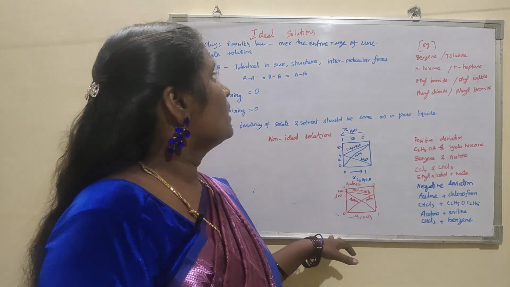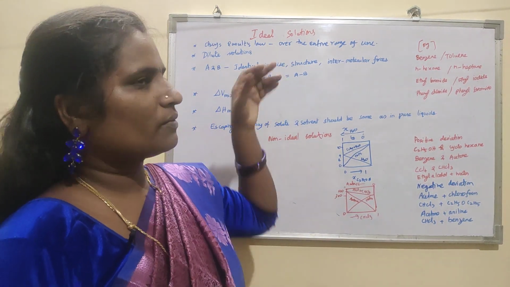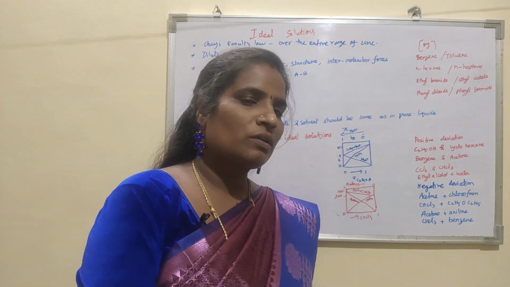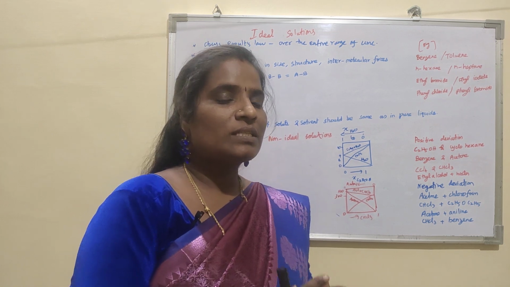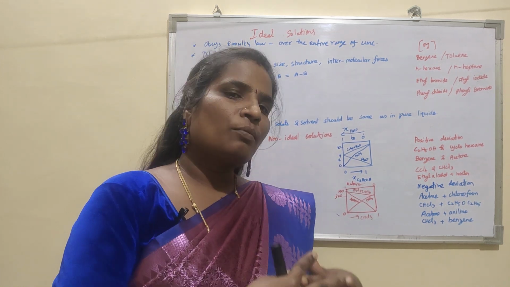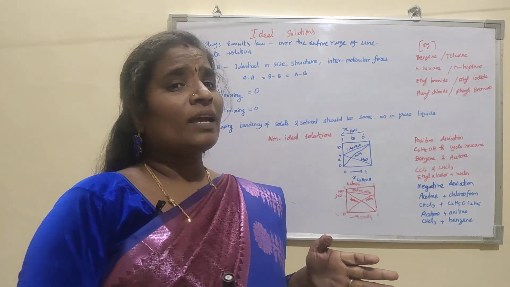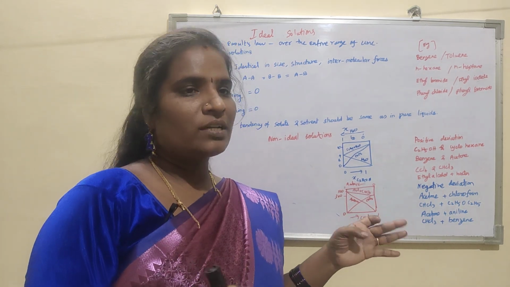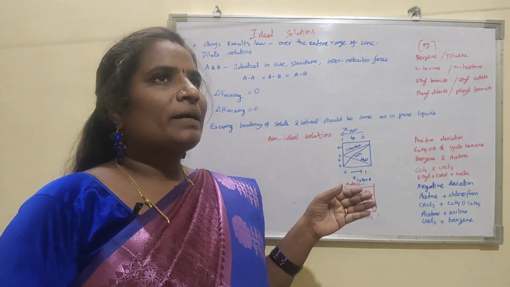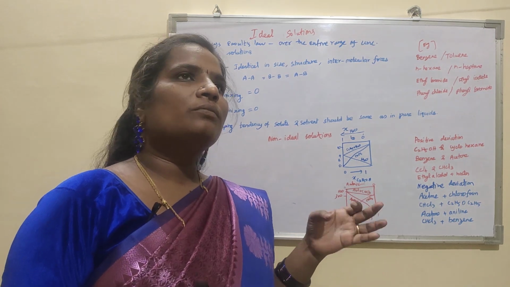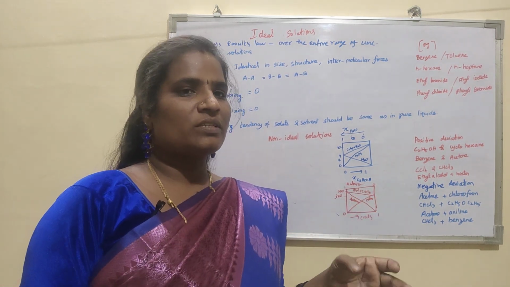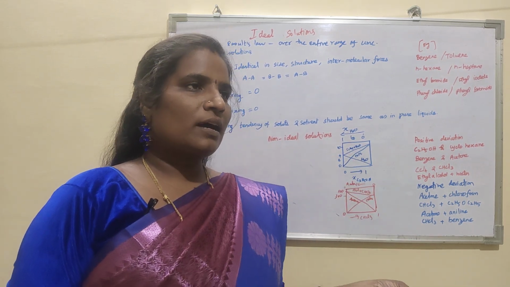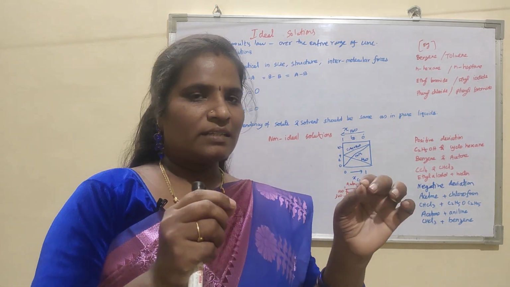What are the conditions? It should obey Raoult's law, which means the partial pressure of the solute is directly proportional to the mole fraction of the solute. Similarly, the partial pressure of the solvent is directly proportional to the mole fraction of the solvent. It should obey Raoult's law not only for a single concentration but for all concentrations, but that is practically impossible. So in real situations there are few systems which follow Raoult's law, but only for a certain